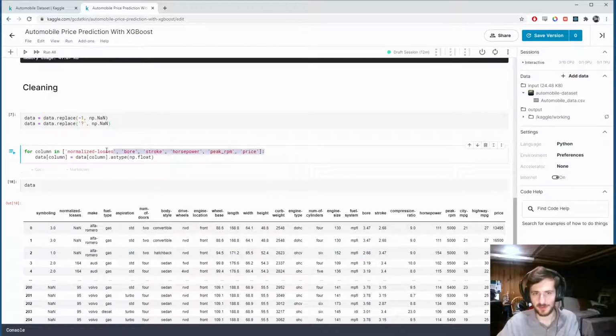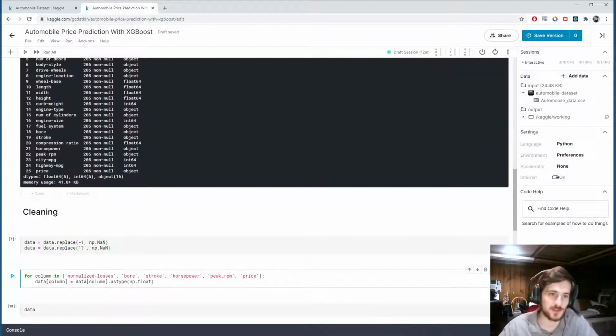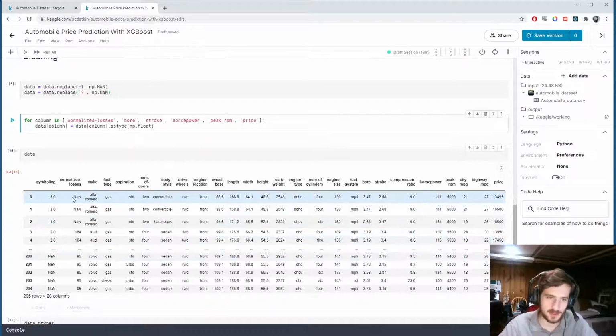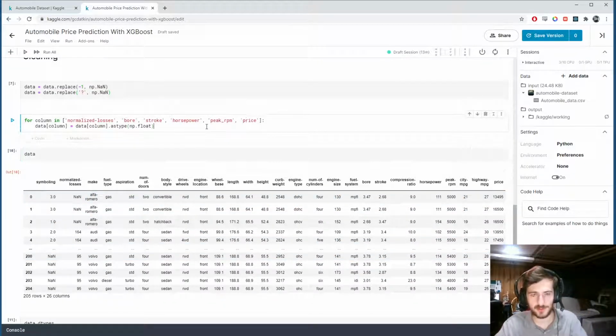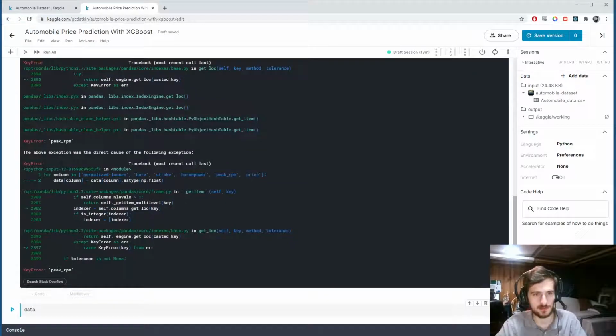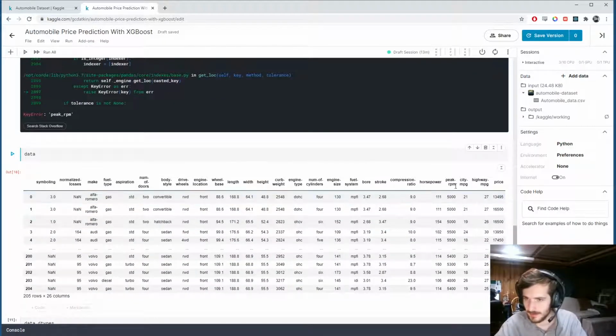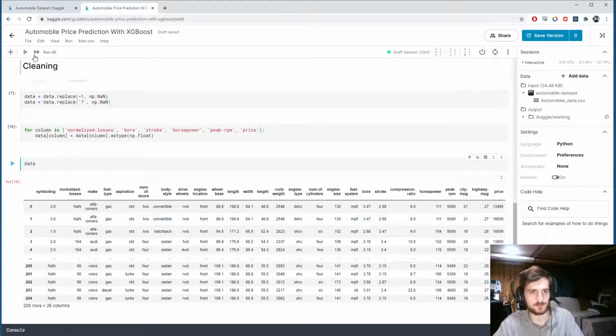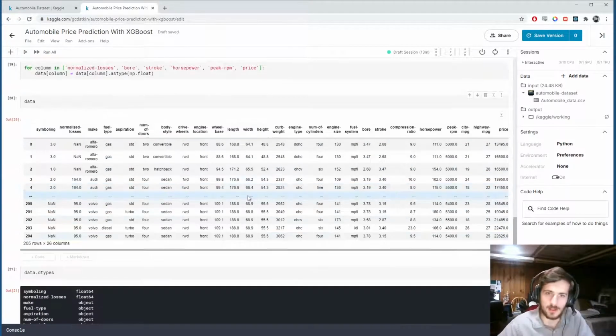Okay, so now with all of these columns, we're going to just turn them into float columns, because now they no longer have these question marks in them. Now they have missing values like this. So it'll be fine to turn them into, wait, what's wrong? Oh, it's not an underscore, it's a hyphen. Okay. Alright, so now,